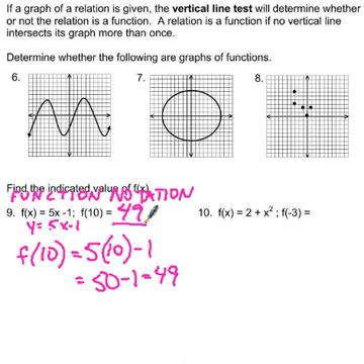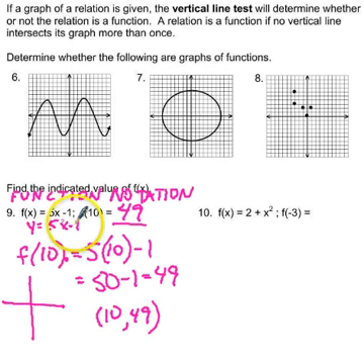And really all that means is that if you were to graph this, if you went over 10 for your x, you'd have to go all the way up to 49 to be able to graph the point that goes with that. So basically what it means is that you have a point at (10, 49) on the graph y equals 5x minus 1. All right, let's do the same thing over here, but this time we actually have a quadratic,